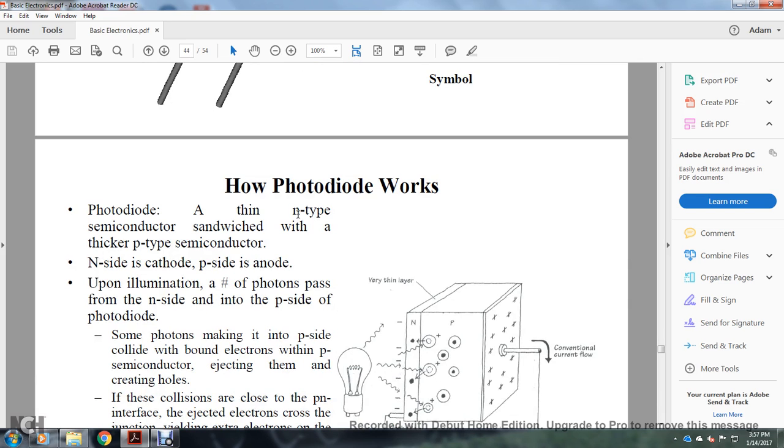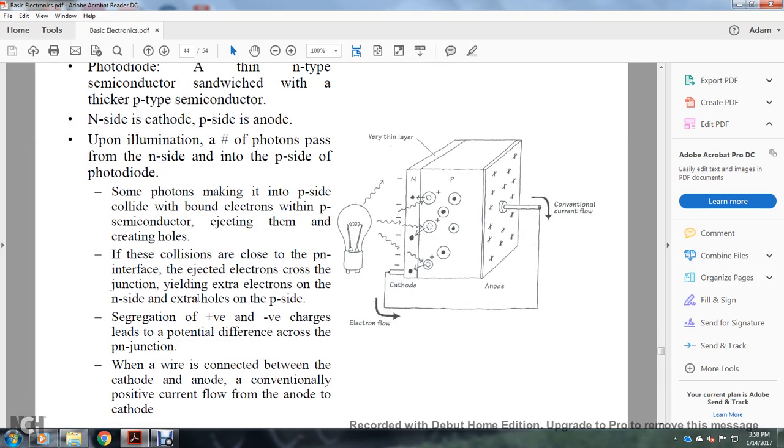Your photodiode has an N-type semiconductor sandwiched with a P-type semiconductor. The negative side is the cathode, the positive side is the anode. Upon illumination, photons pass through the negative side into the positive side of the photodiode. Sometimes photons make it into the positive side, collide with bound electrons in the positive semiconductor, ejecting them and creating holes. The collisions close to the positive and negative junction eject electrons, causing extra electrons on the negative side and extra holes on the positive side, segregating the charge and leaving a potential difference across the junction. When a wire is connected between the cathode and anode, the conventional positive current flows from the anode to the cathode. So,